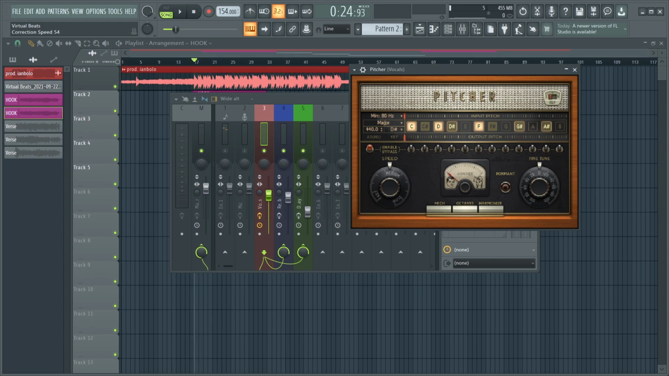And this is the speed of how fast auto-tune works. So if you have it slow,